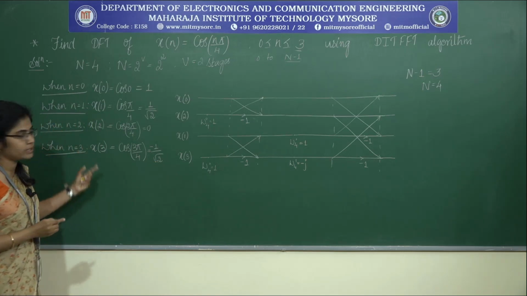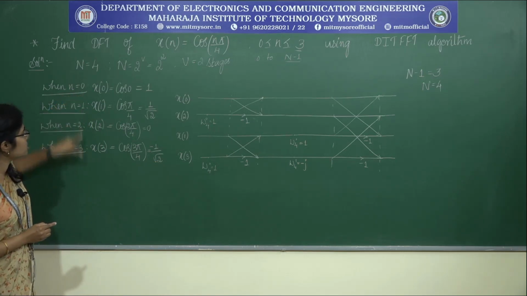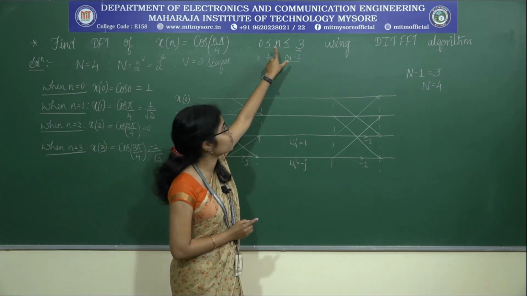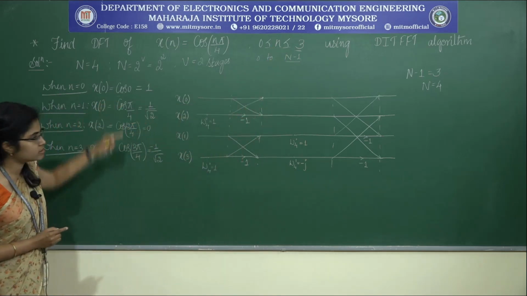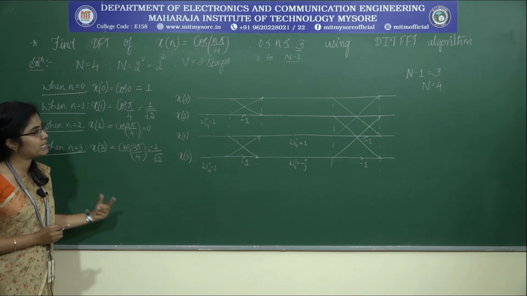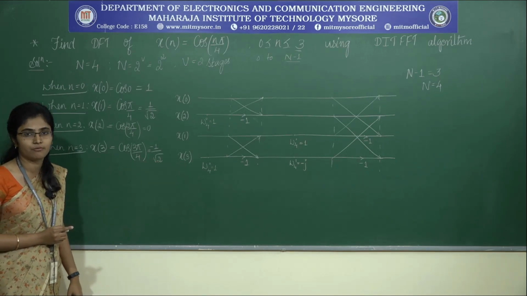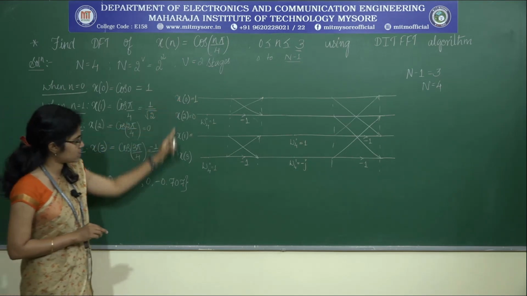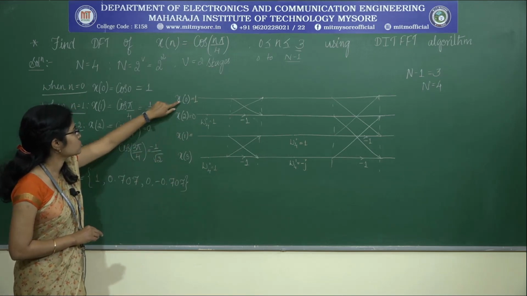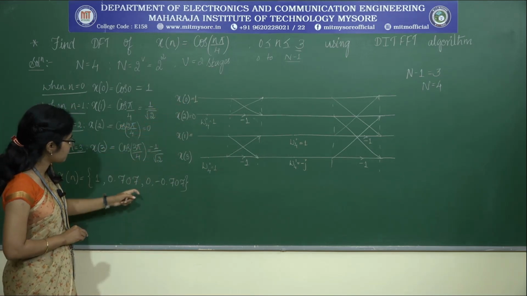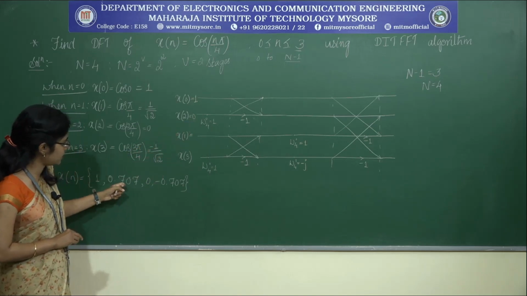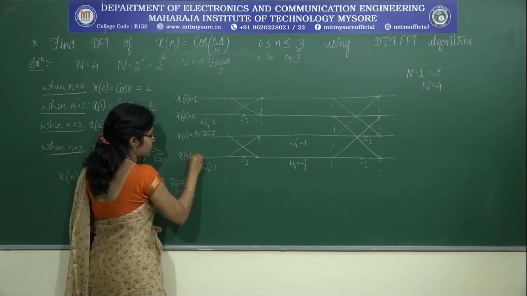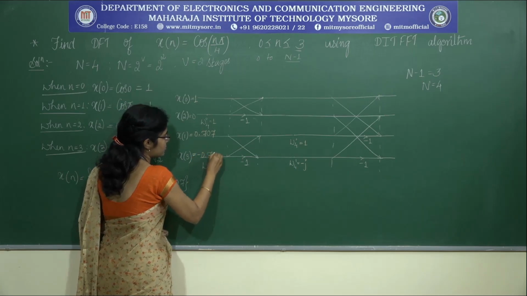Now, we found all the data by substituting the values of n from 0 to 3. Why from 0 to 3? In the question itself they have indicated the range of n is from 0 to 3. Now, let us tabulate all this, which gives us the sequence x of n, and let us continue simplifying with the help of the DIT FFT algorithm. So, what I have done here is I have tabulated x of n. Now, let us write it as the input to the DIT FFT algorithm. So, x of 0 is 1, I have tabulated it. X of 2 is 0, I have tabulated that. Similarly, x of 1 is 0.707. So, x of 3 is minus 0.707.